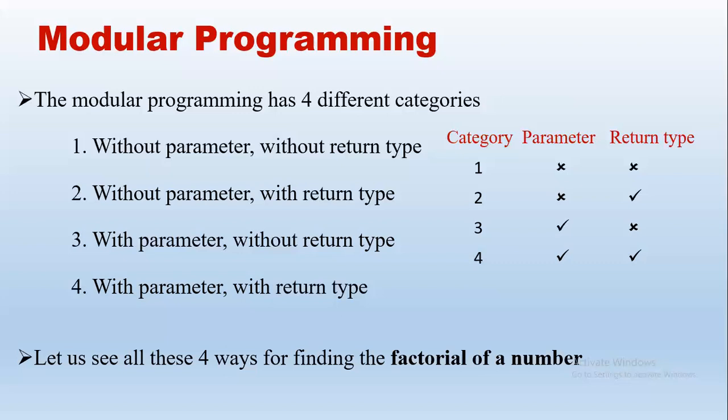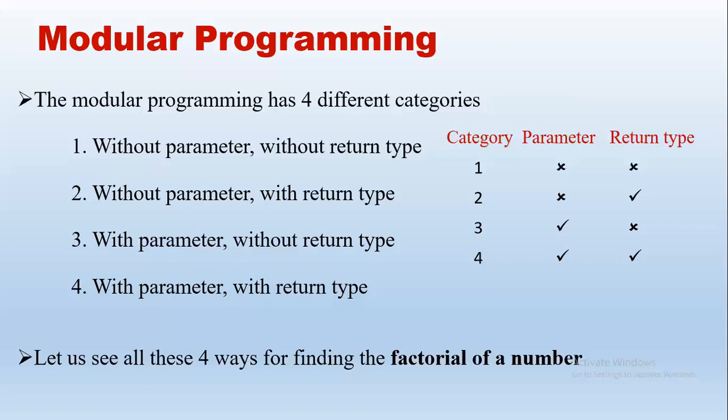Here we are finding factorial 3 times. So the first basic thing is we need to know how to find a factorial. In the previous modules, we have discussed the factorial of a number, like arranging the number of books in different ways. So that is the factorial of a number. We will again revisit that problem. In that problem, we did not use modular programming. We wrote the entire code in the main function only. But here we will use functions. So let us see how to do this.